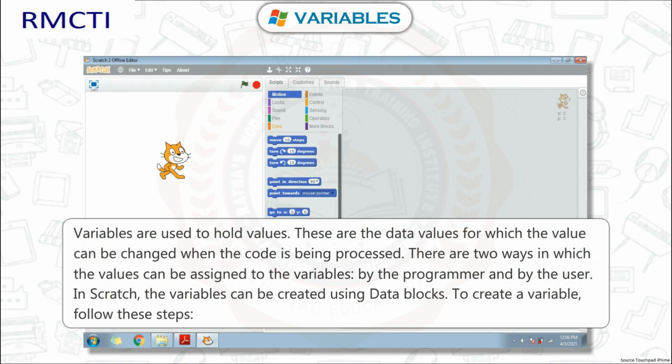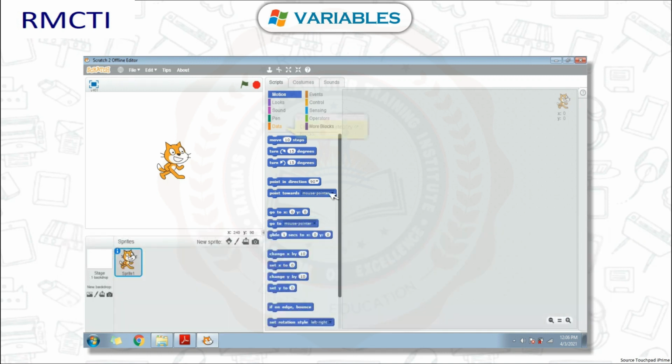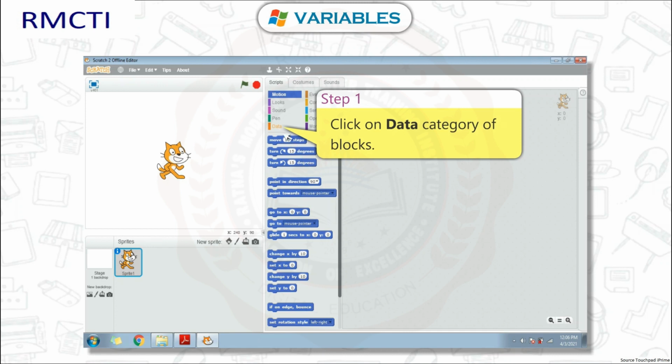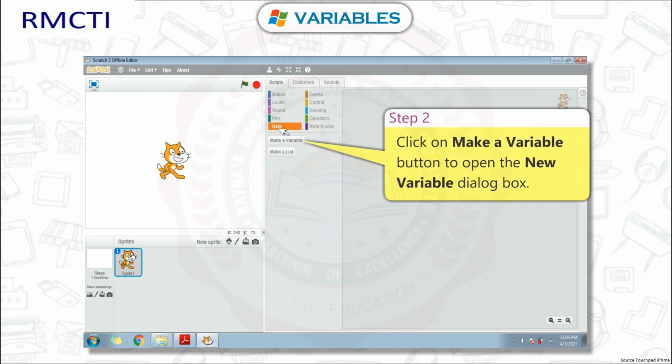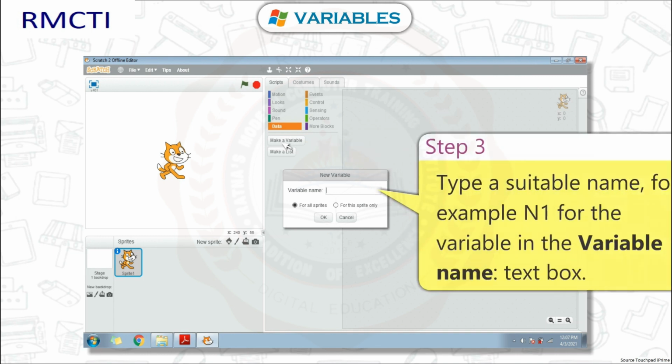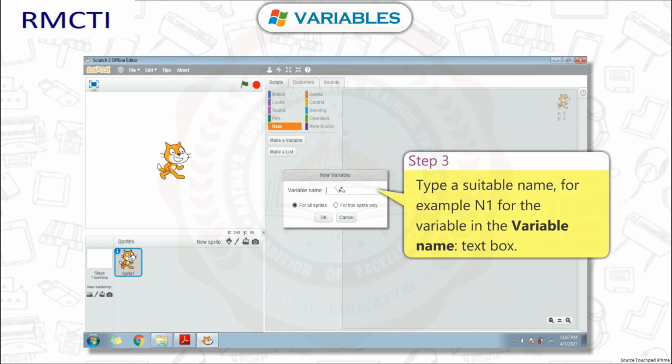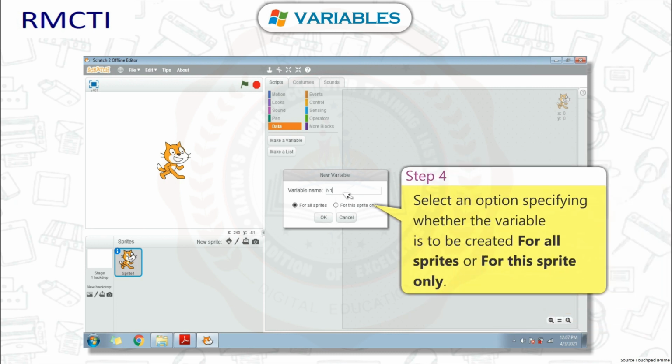To create a variable, follow these steps. Step 1. Click on Data category of blocks. Step 2. Click on Make a Variable button to open the New Variable dialog box. Step 3. Type a suitable name, for example, N1 for the variable in the variable name text box. Step 4. Select an